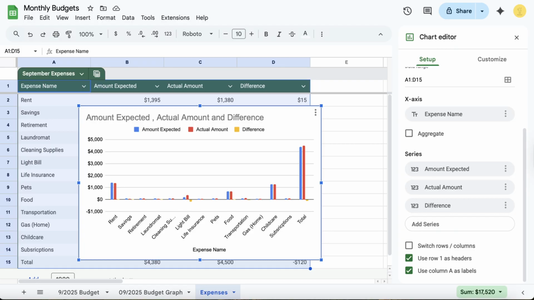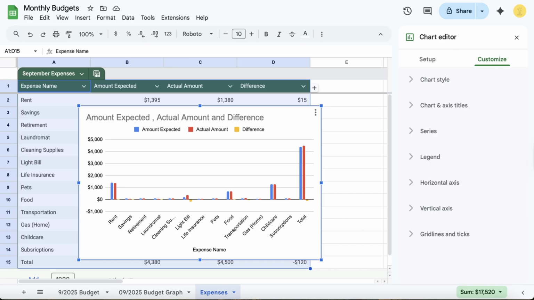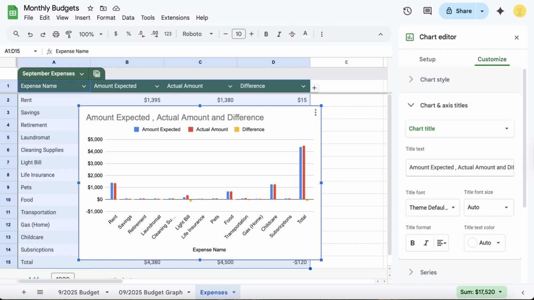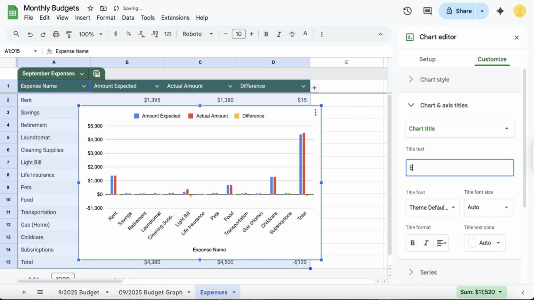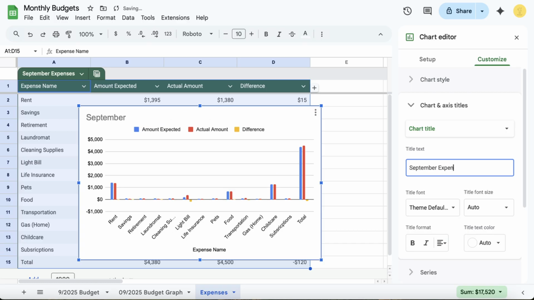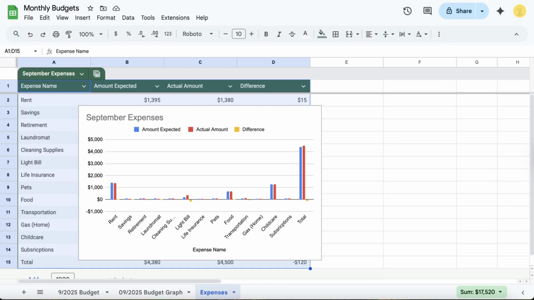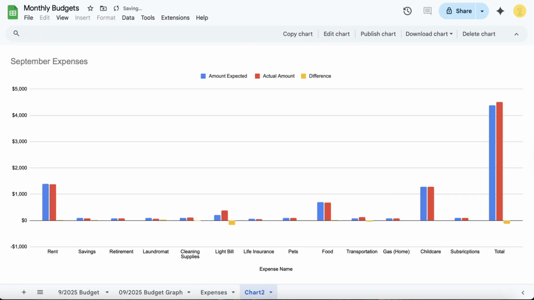So I'm going to actually change the title of this. I'm going to hit title. I'm going to write September expenses. And then that's really it. I'm going to close out this part, and I'm going to hit these 3 little dots right here. I'm going to hit move to its own sheet, and then I'm going to label this as September